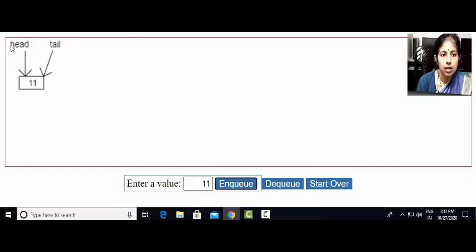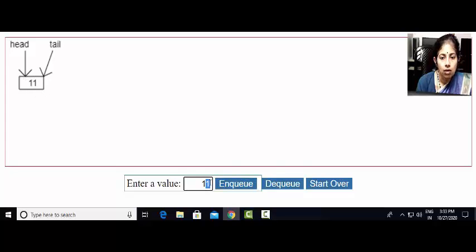Here the head represents the front pointer and tail represents the rear pointer, and 11 is successfully inserted into the queue. At the beginning both the pointers, front and rear, point to the same number 11.